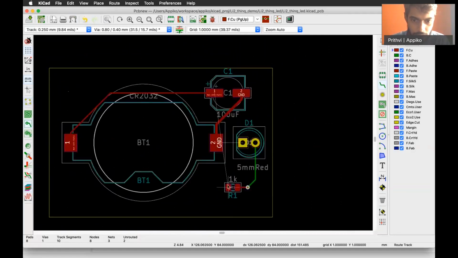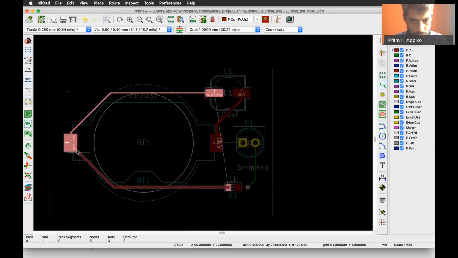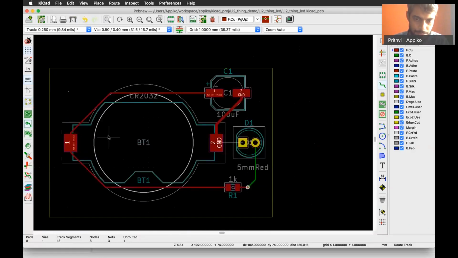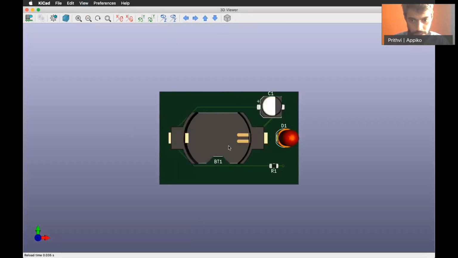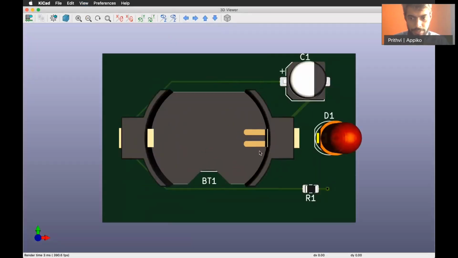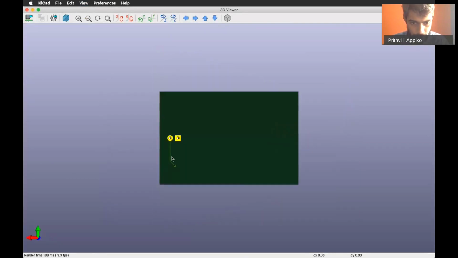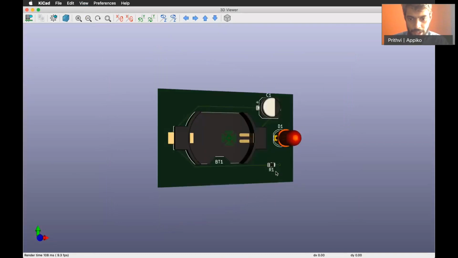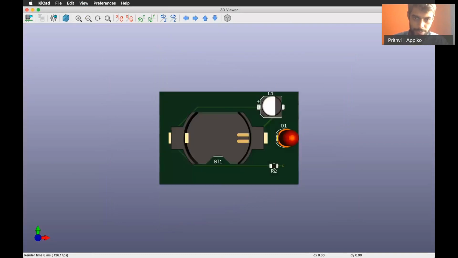The only other routing that is left is this track from this resistor to the battery. So let's save this and look at the design. This is how this looks on the top layer, and on the bottom layer you can see this track coming here, and there's a via to get the signal back up.